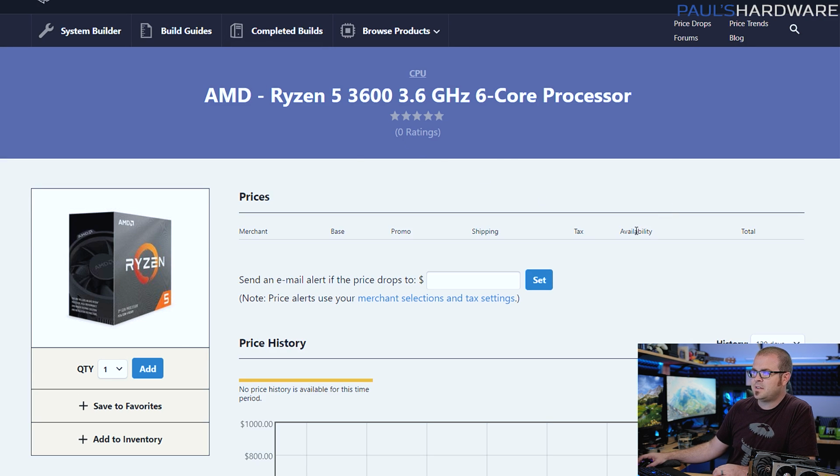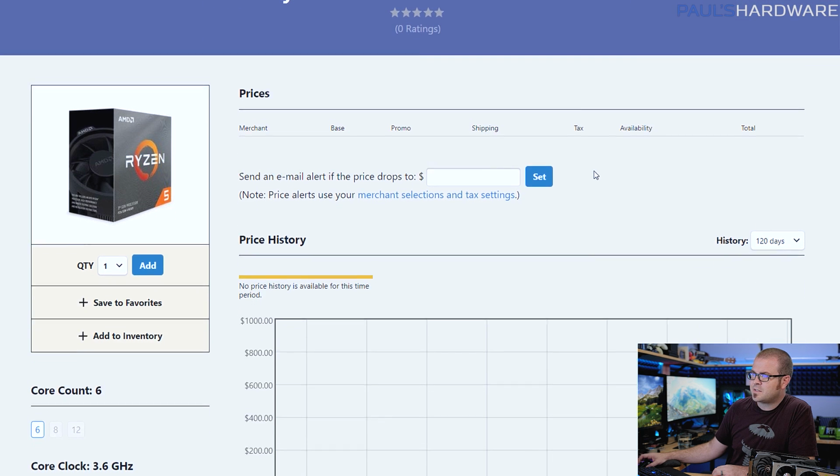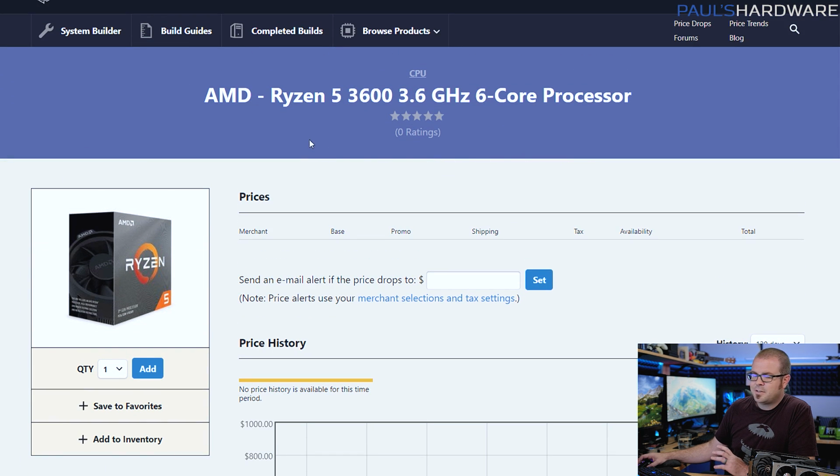starting off, of course, with the Ryzen 5 3600, much anticipated 6-core, 12-thread processor with 3rd gen Ryzen. I don't know the performance really yet, but it's going to cost $200 for 6 cores and 12 threads. Yes, you can currently get 1st or 2nd gen Ryzen 6 cores for less than that, but I'm anticipating that the performance here is going to justify spending a little bit more for the 3rd gen parts,